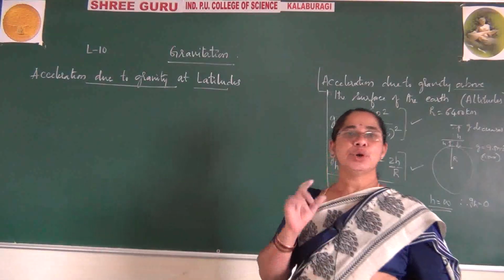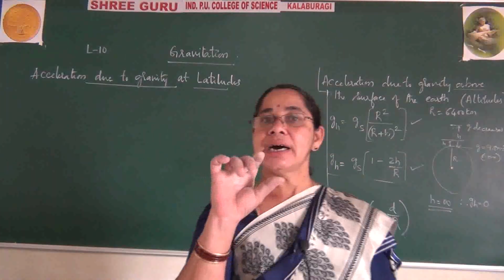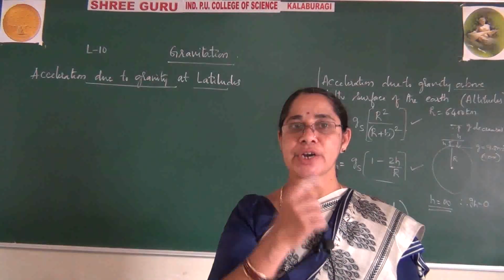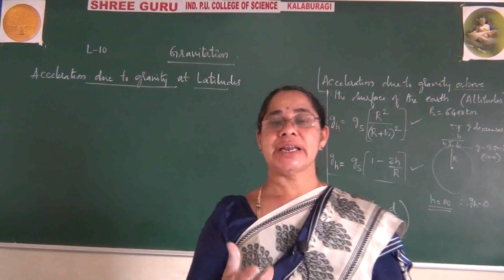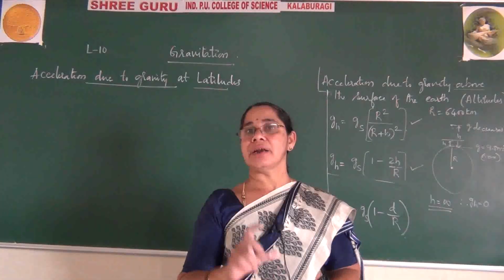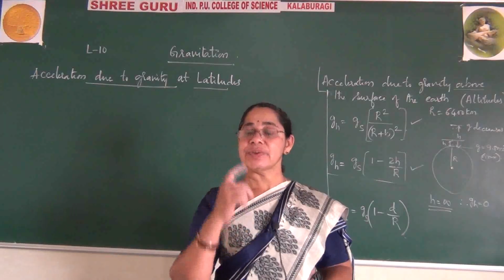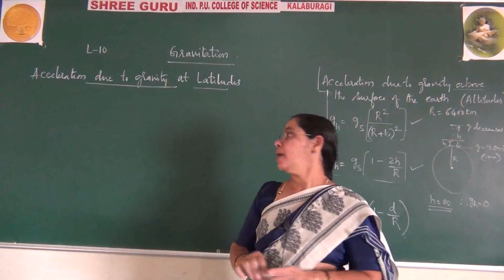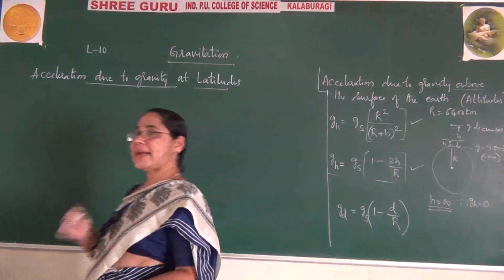You already know from the previous class that the Earth rotates on its own axis. So whenever the Earth rotates on its own axis, naturally it makes some angle. So what is the angle it will be rotating through? Those things we learn in these conditions, latitudes. Okay. So now let me tell you what latitude means.